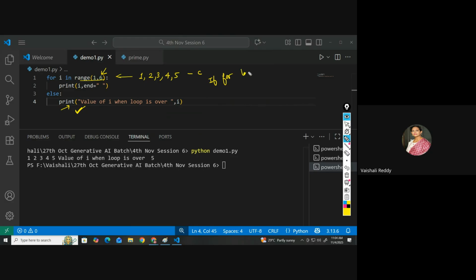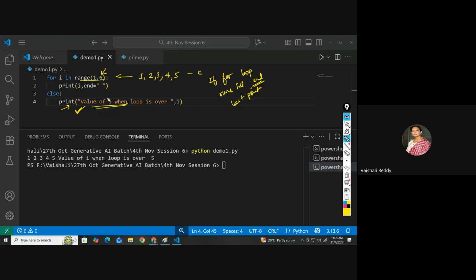If the for loop runs till the end, till the last point, then the else will get executed. Is this point clear? If yes, please press the thumbs up. अगर last तक run होता है for loop, till the end it is executing, then the else part will definitely